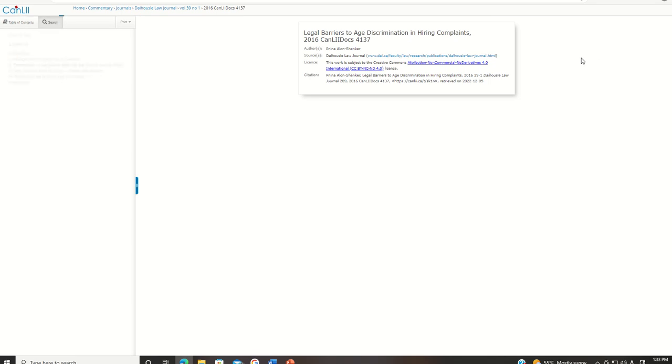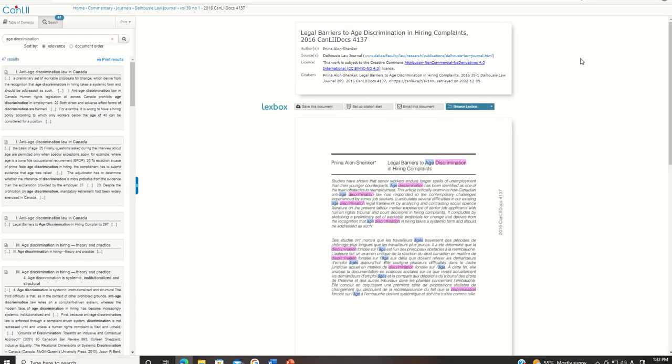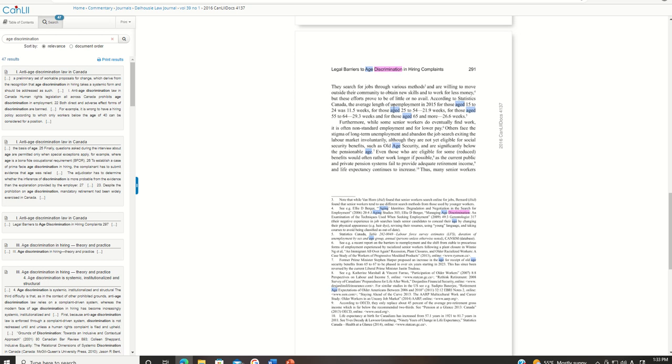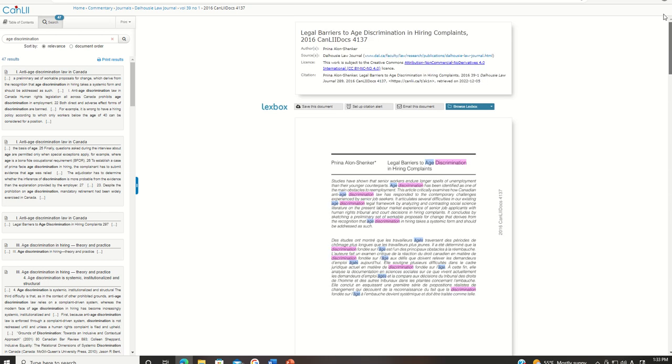So this will be an article, right? Open it up, and you get this journal article. And my search terms are highlighted. If you download this, it'll give you the option to remove those highlights. But anyway,